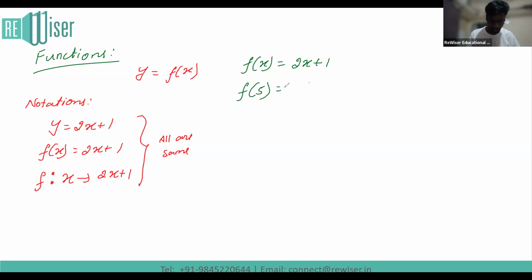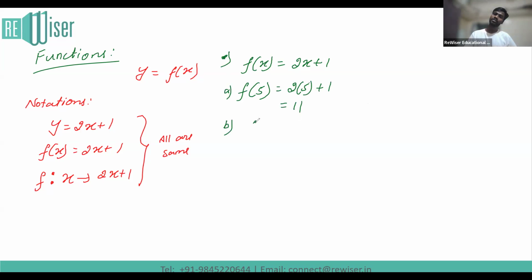And when I try to solve this, it's going to be 2 times, I have to replace x with 5. It's going to be 2 times 5 plus 1, which is going to result in 10 plus 1, which is 11. And next, in the same question,